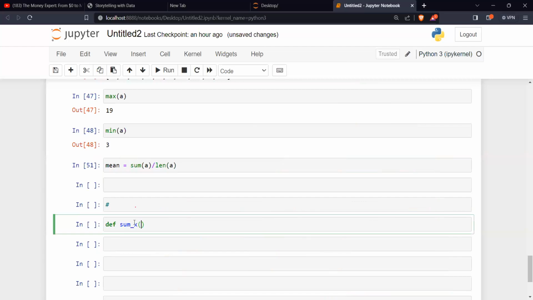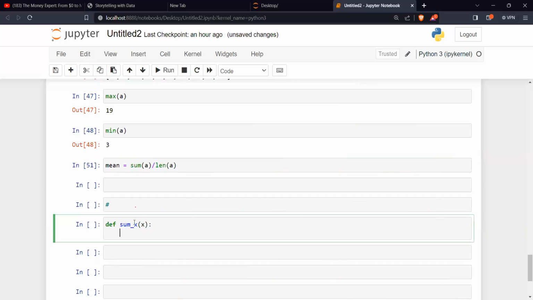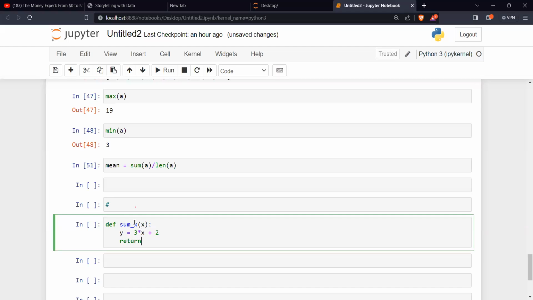We'll now put the parameters, maybe x. Then we write the expression. I can now say y is equals to 3 times x plus 2. Then return y. Can you see that?